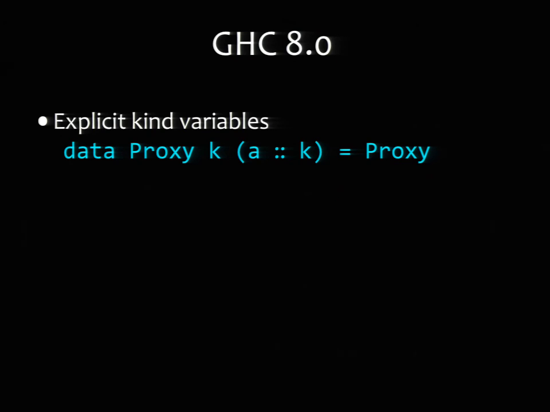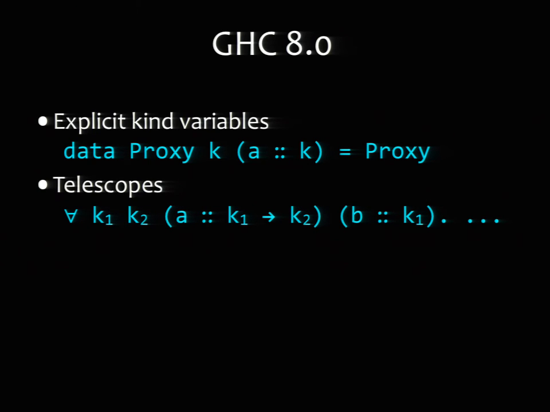One thing you can do is have explicit kind variables like we have explicit type variables. So here we have a proxy type where the kind parameter is explicit. We can have so-called telescopes, where you have a whole bunch of variables that you quantify over, and one depends on the previous, and that's all okay. Order matters here, right? We can't introduce something after it's been needed. All types are promoted, which I put in quotes because that's actually a no-op. There's no difference between types and kinds. So we could say that they're all promoted or that they're all just types.